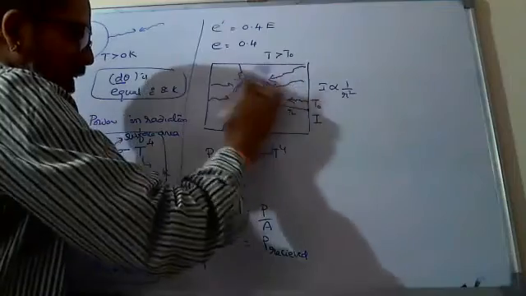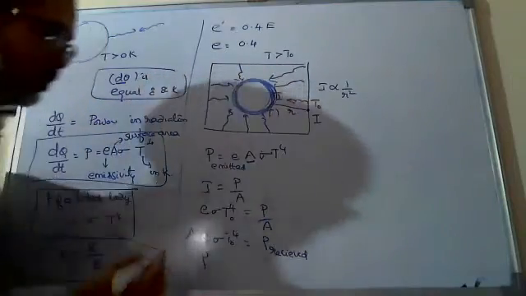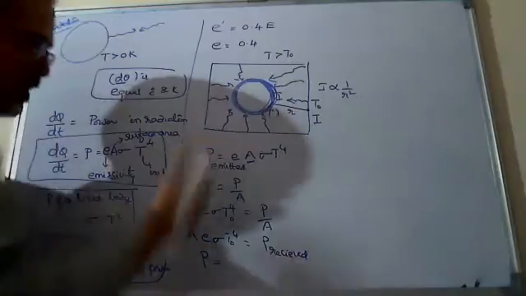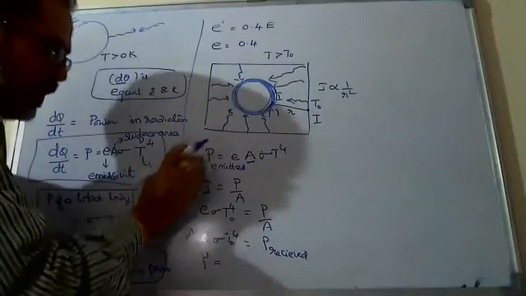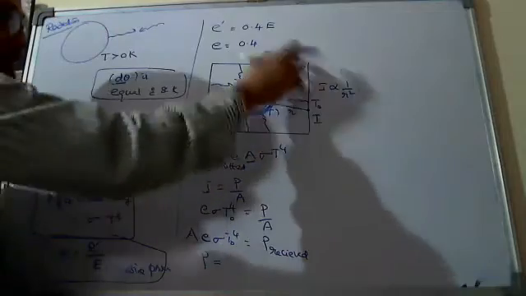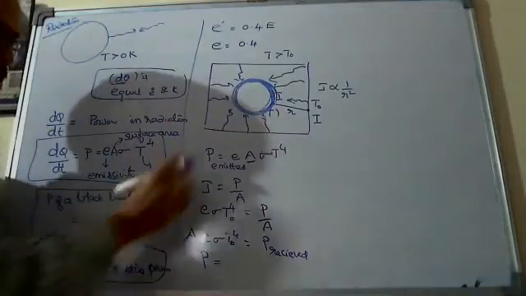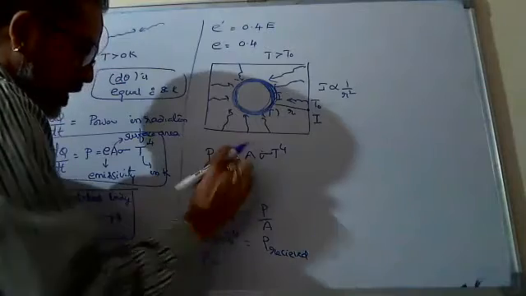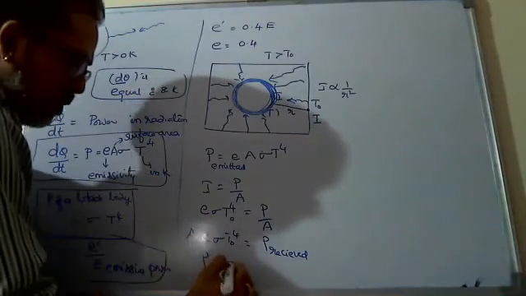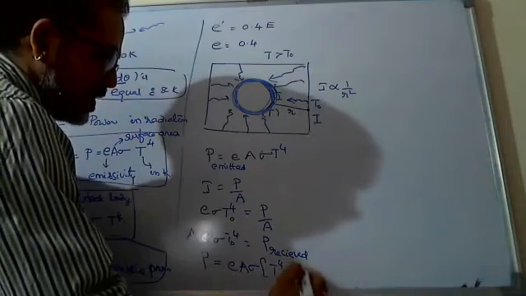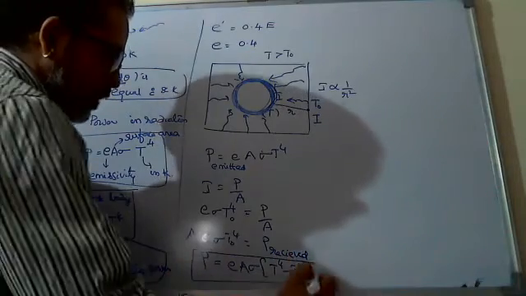So total radiation will be 10 minus 4. That we write here: power radiated by the body when it is placed in the surroundings is equal to P emitted minus P received. It will be less, Nana. Why? Because P naught is less than P. So if you see here, many things are common: E, A, sigma common, into T power 4 minus T naught power 4. This one is what we write.